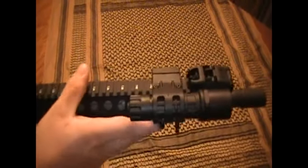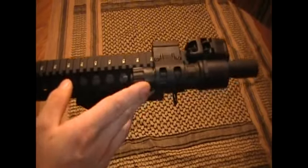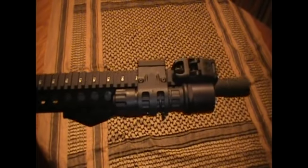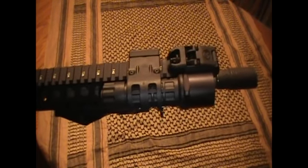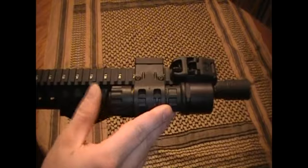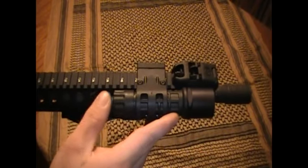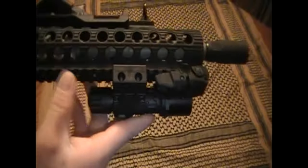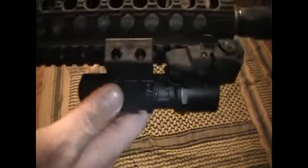I generally run a light on all of my ARs. This one's running the Surefire G2. With all my lights, generally I'm running either Streamlight Polytac or the Surefire G2, just because they're both lightweight but still nice and bright and good quality lights. So this one's wearing the G2, Viking Tactics offset light mount,